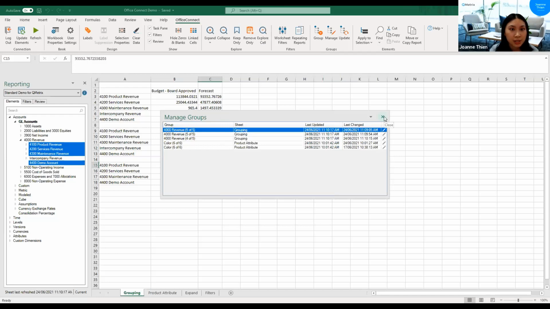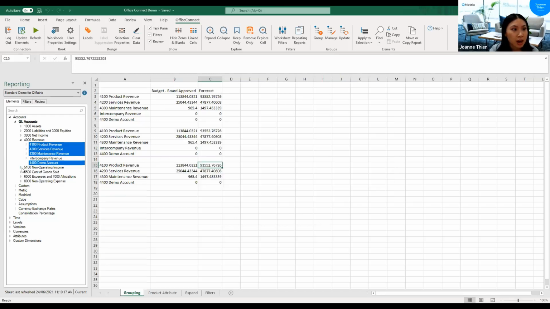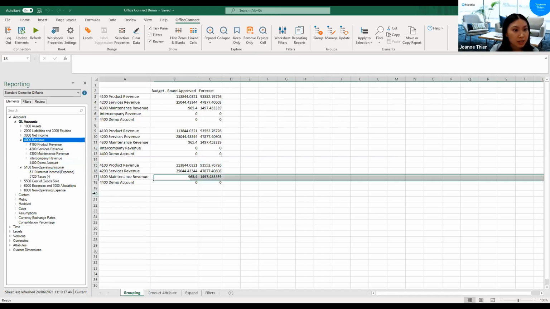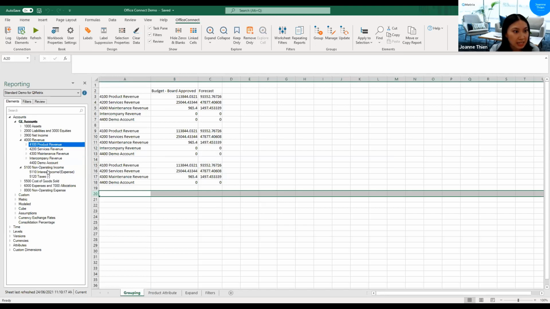One thing to note though, so you can't have groups across multiple parent accounts, I guess you'd say, or multiple roll-ups. So for example, if I try to add in something like this, so a 4,000 and a child basically, and then something under non-operating income, if I try to apply that selection as a group, an error will appear here. So it won't let me do that. So just keep that in mind. They have to be under the same parent or roll-up or consolidation.